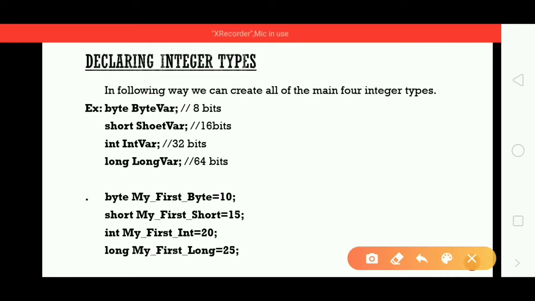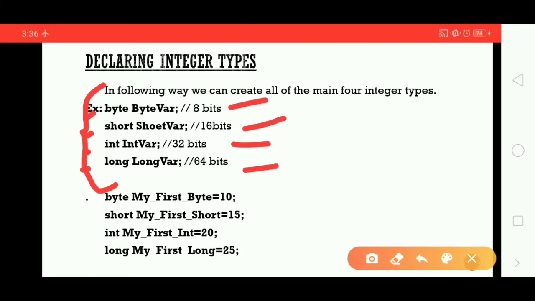In boolean we had true or false, but in integer types we have whole numbers. The integer types are byte, short, int and long. Depending on the size, all the types differ from each other.